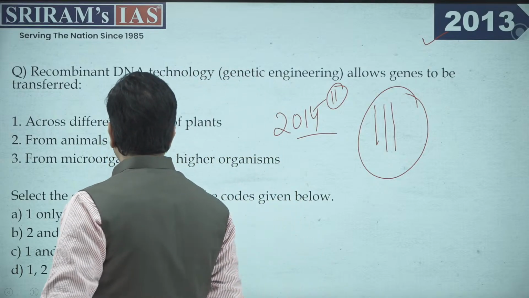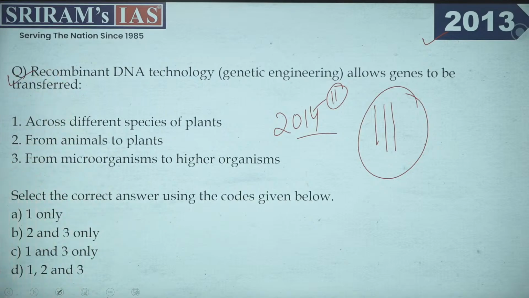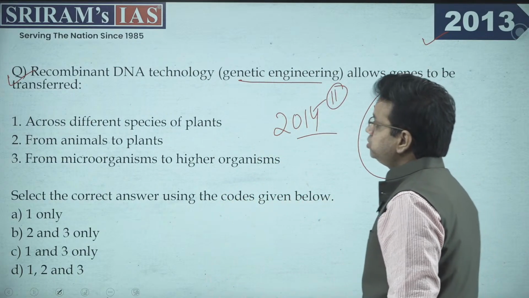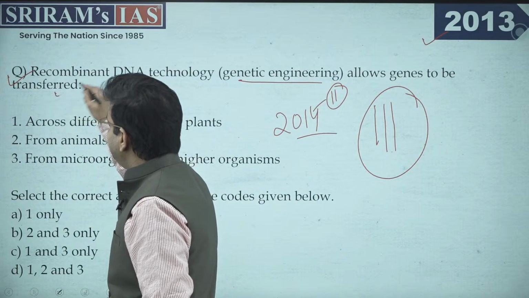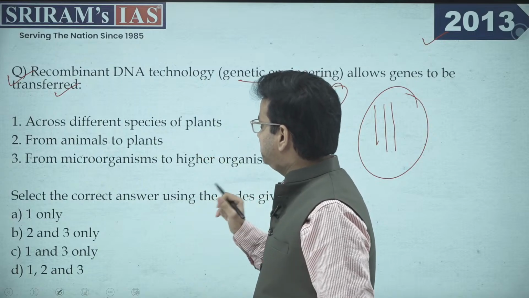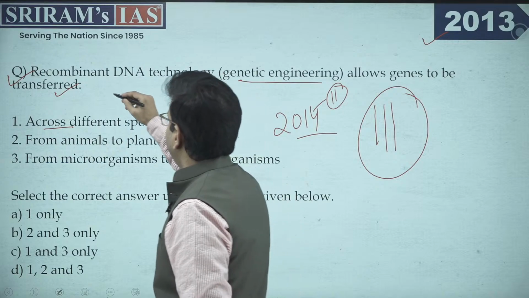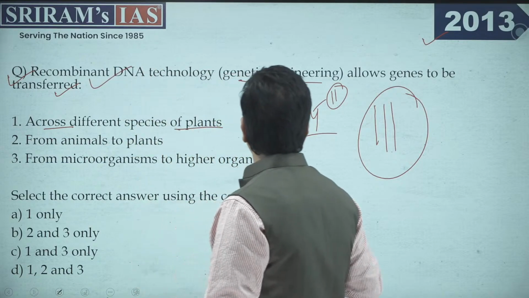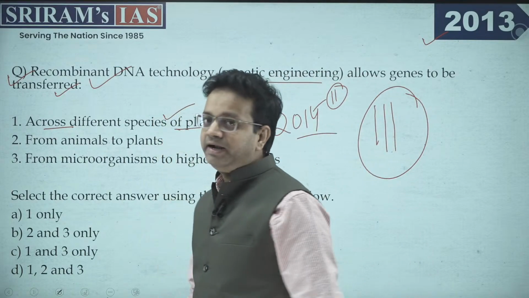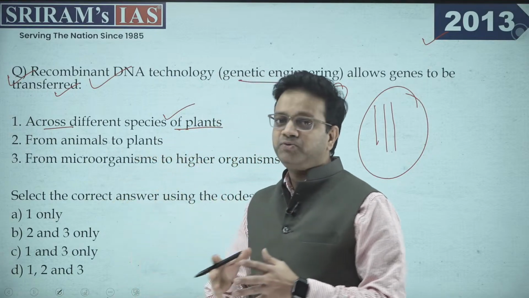Now, talking about the questions, it talks about recombinant DNA technology, which is also called genetic engineering, allows genes to be transferred. So this is basically a statement which is given, and you have to just analyze the statement as per the question. Across the different species of the plant, it is asking, can recombinant DNA technology allow genes to transfer across different species of the plant? Yes, it allows, because the technology is such that the transfer can be done between different species